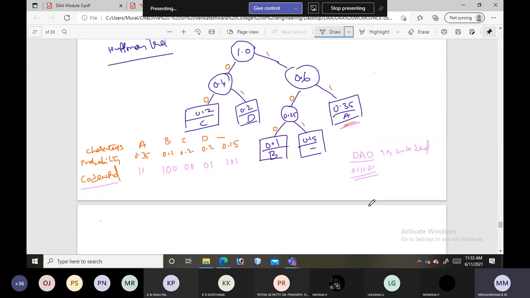Similarly, I will give you some code, and you decode it. So here it is 1 0 0 1 1 0 1 1 0 1 1 1 0 1. Can you decode this?